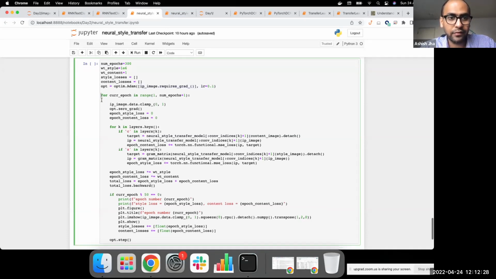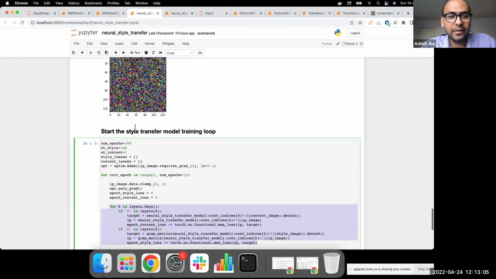Then we enter into the model training loop. We ensure that the input image pixel values are between 0 and 1, because our further steps are going to change these pixel values, but we don't want them to go out of bound. So we always clamp them between 0 and 1. Then, anyone who followed yesterday's sessions knows that this step is again to clear off the gradients, and to initialize the loss, both for style and for content, at the beginning of the epoch to 0, and then we iterate through these